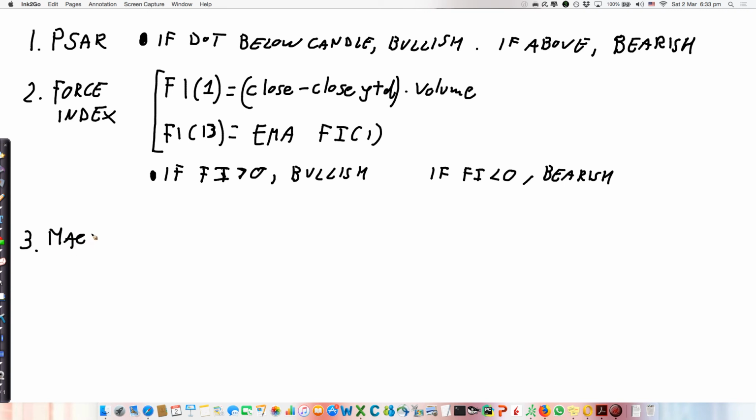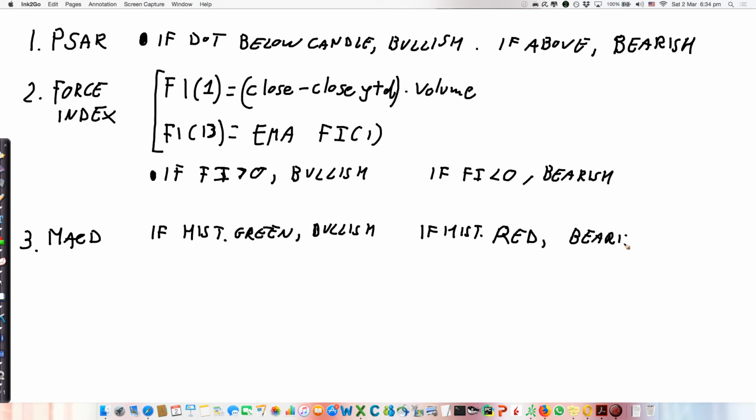Okay, MACD. If the histogram is green, and you understand green means it is above the reference line, then it is bullish. And if the histogram is red, that's bearish. And this is equivalent to, in my setting at least,